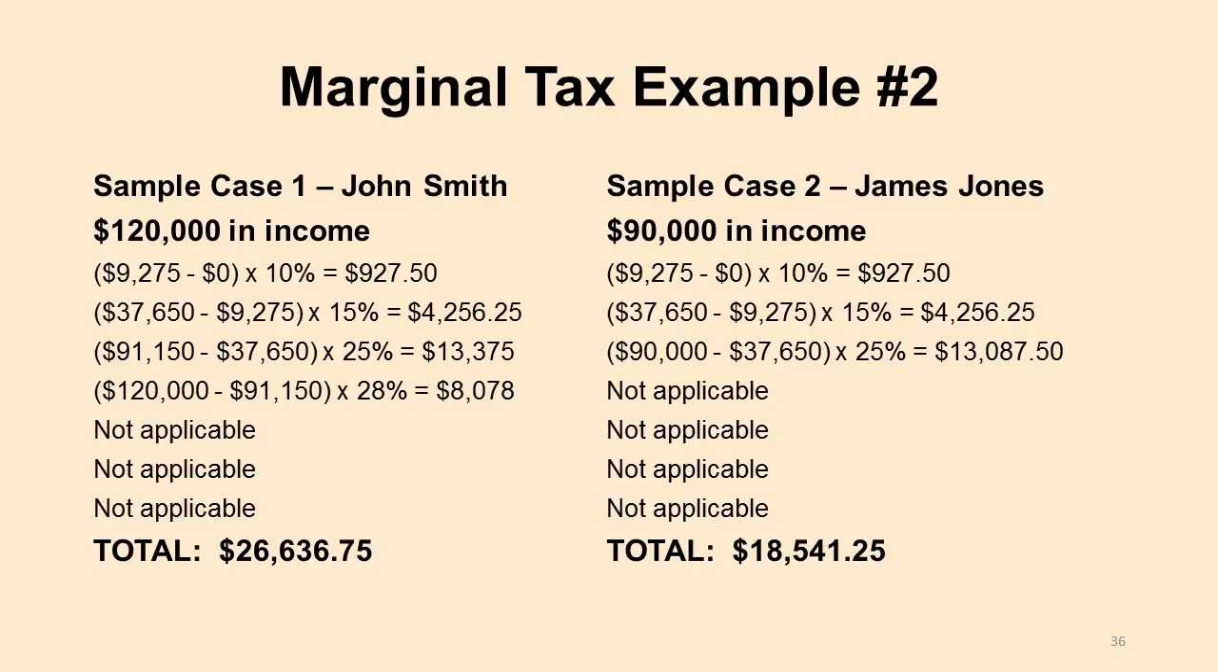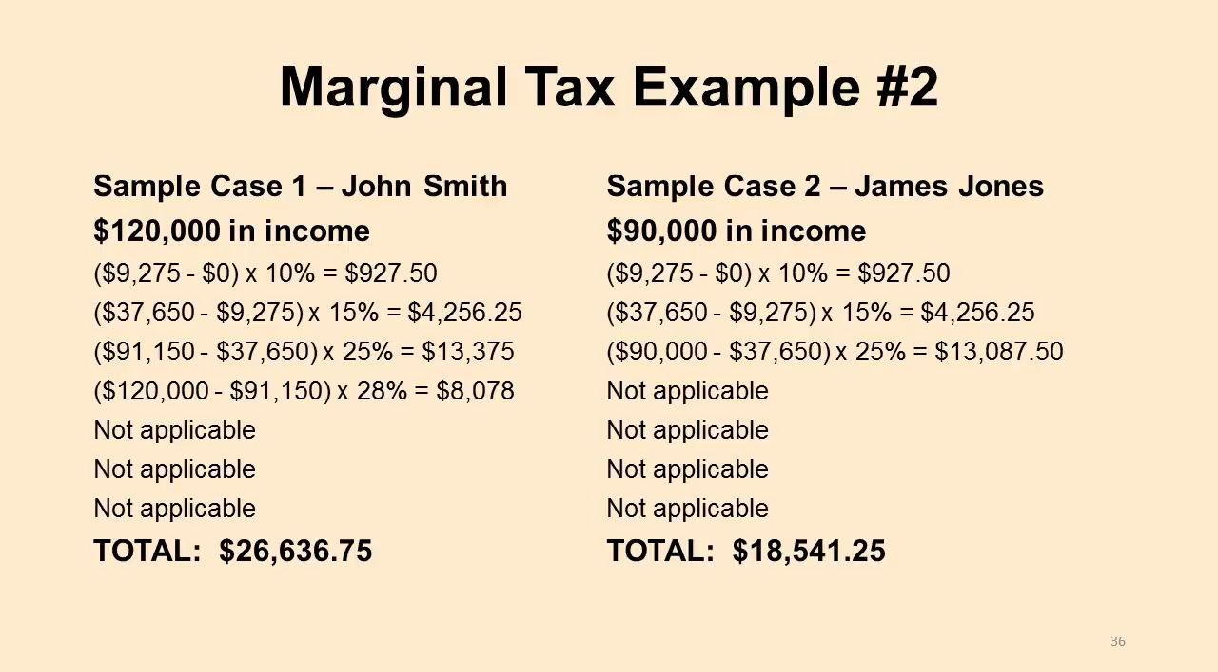The earnings between $9,275 and $37,650 is taxed at 15%, $4,256.25. In the third tax bracket, there's a little bit different. Remember, the third tax bracket, the 25% bracket, ranges for all the money from $37,650 up to and including $91,150. But James Jones didn't earn quite that much. He earned only $90,000. So his 25% tax is on the amount of money between $37,650 and $90,000, which is